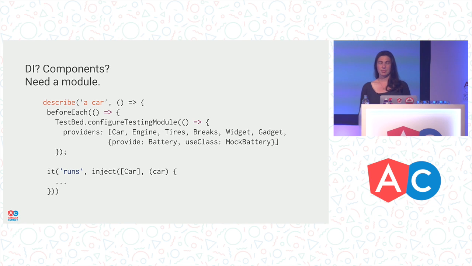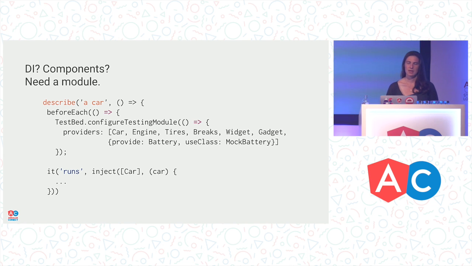So back to our car example. Instead of creating everything new ourselves, we can use a beforeEach block, which is a Jasmine function that just runs before every test, and configure the testing module with the providers for all of those things that we need. And let's say that the battery class, for some reason, is expensive, and we don't actually want that to run in our tests. We can mock that out at this point by, instead of providing battery with its default class,